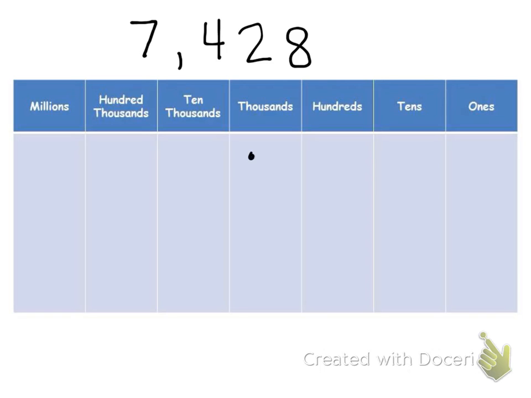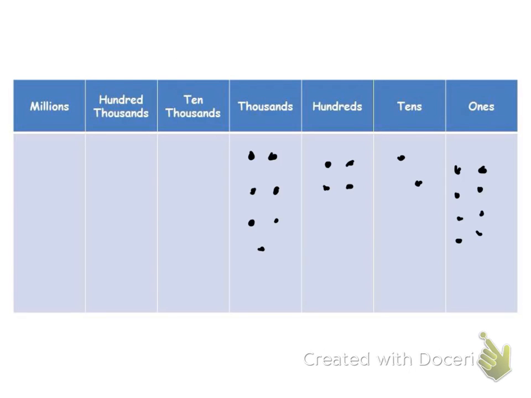Okay. You should have written this. 7 thousands, 4 hundreds, 2 tens, and 8 ones. Just like that. Okay. Now let's do another one. Let's make it a longer number this time. Let's do, oh, I gotta erase these dots here too. Let's do,